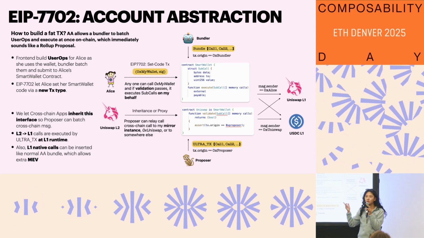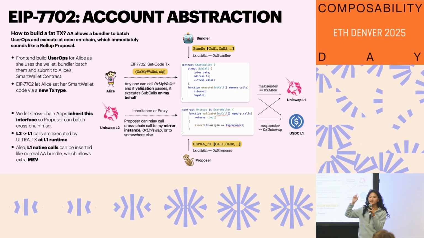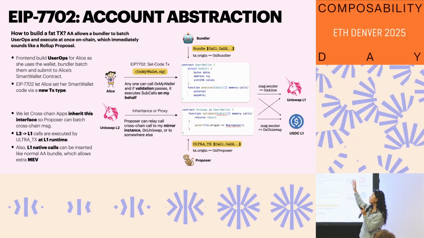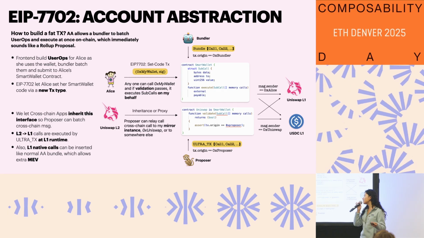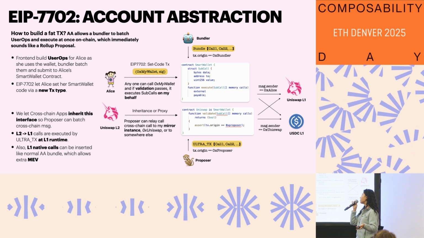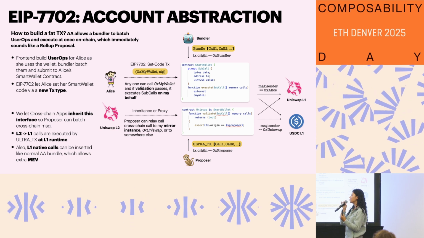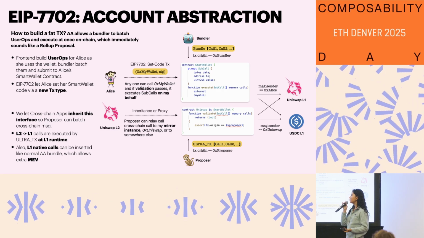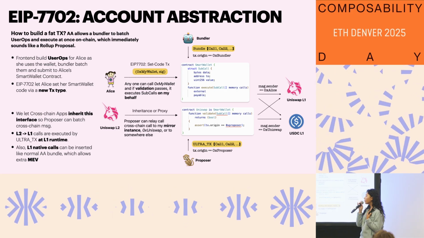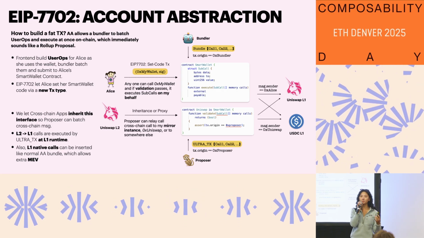EIP 7702 allows for a fact that as this transaction goes out, the message.sender equals Alice herself versus the transaction.origin is the bundler. So semantically, Alice is basically saying anyone can call this code deployed at 0x my wallet and call that code on my behalf and do stuff on chain on my behalf as long as all of the validation passes. And how that inspires us is we kind of let our cross-chain apps inherit this protocol or deploy